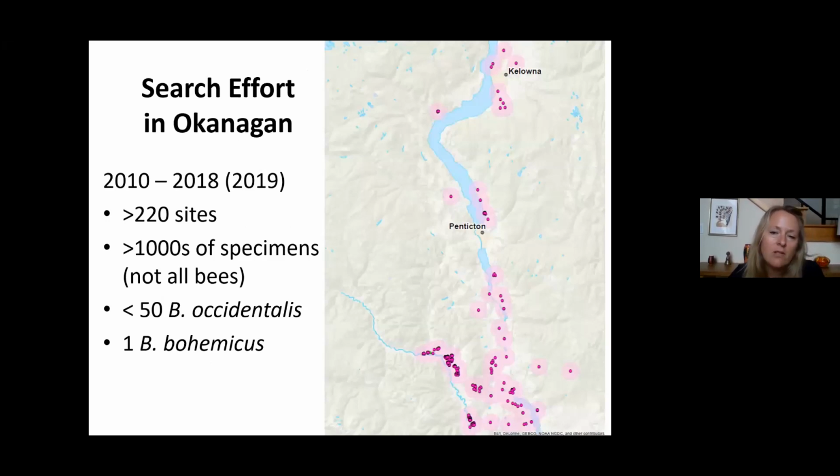So there's been a lot of search effort for species in the Okanagan. This map hasn't been updated in a few years. I'm still compiling results from last year, but we have over 220 sites and thousands of specimens. And I just put in here that even though we've done all this looking in this area and outside this